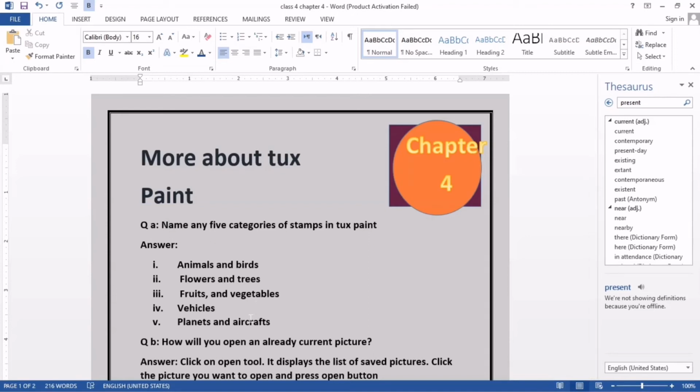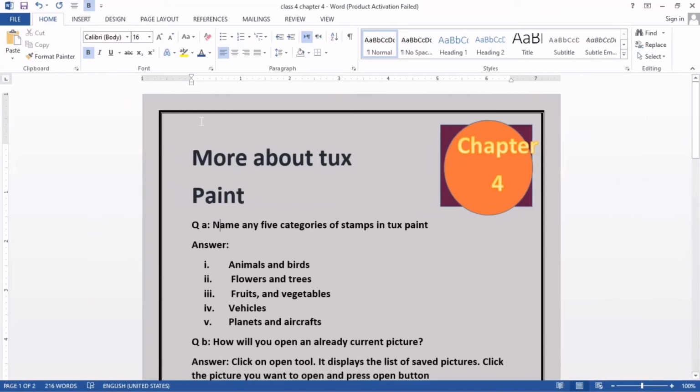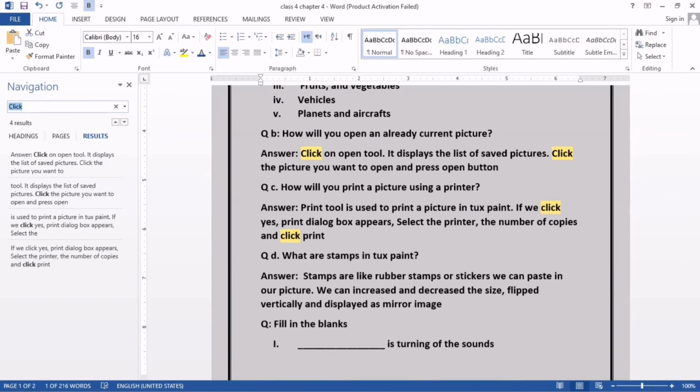Now another thing is find and replace. So what is the meaning of this? I close this and now go on the home tab again. Click here. You can see here the last option, find, replace, select or edit. Okay, now find. I click on find. Now this pane appears, the navigation pane, and here you can write anything.